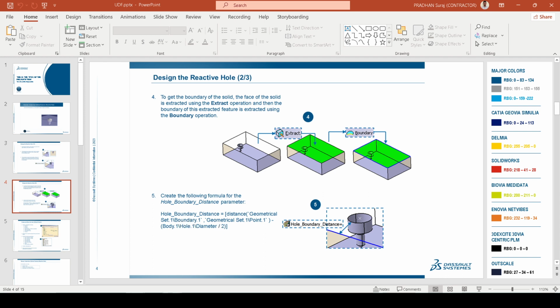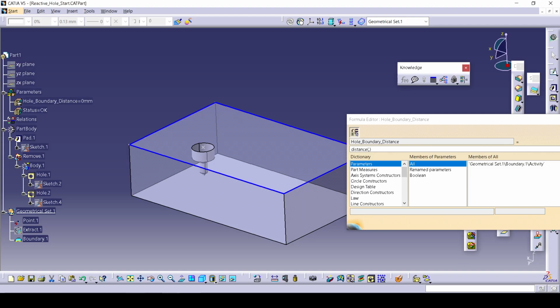Geometrical set boundary one. Okay, boundary one. Then the next one is point 1